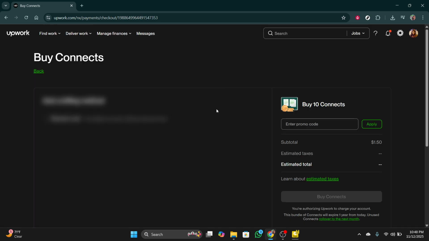You'll then see a box allowing you to select how many connects you wish to purchase. Here, it's important to consider how frequent